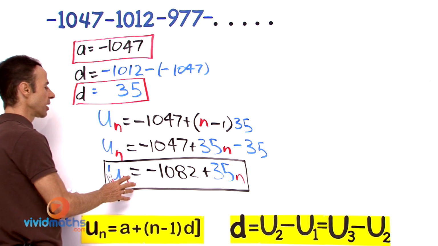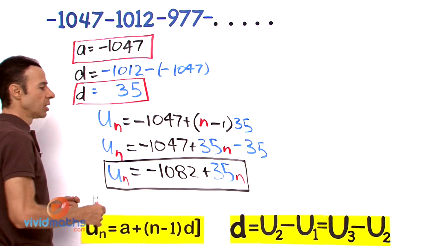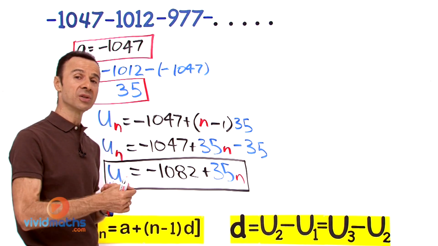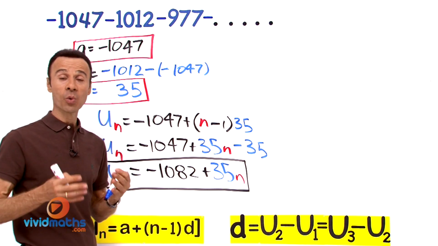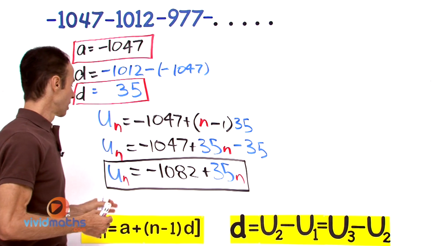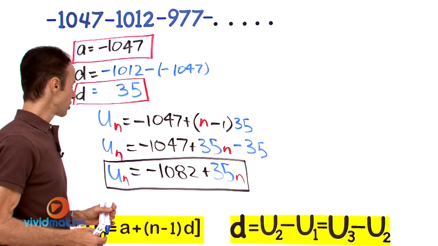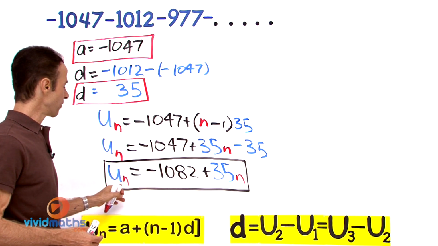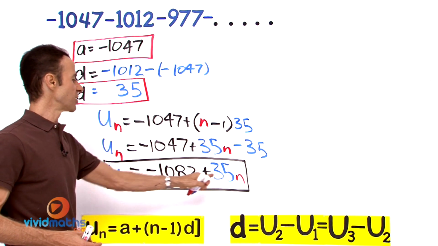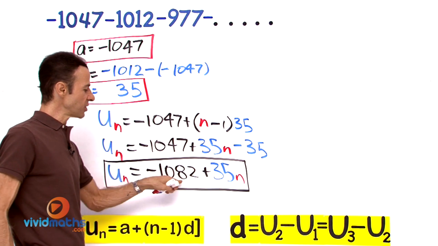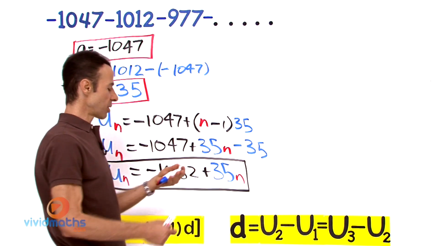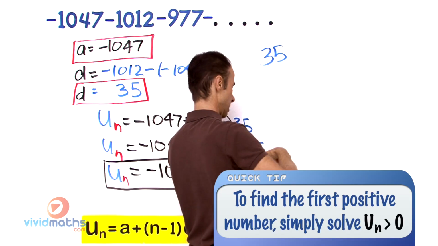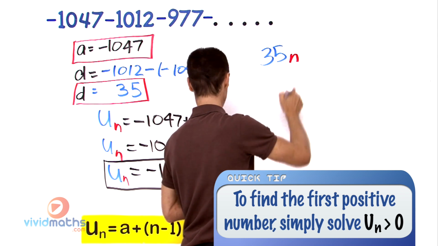Okay, so we've got this. Now we're going to go to stage 2. What we're after is n for the first positive term, and then we'll find what that term is. So we're looking for n here. In order to use this, we're going to make it positive, the first positive number. Let's write this out in simpler terms: 35n, where n is what we're looking for,